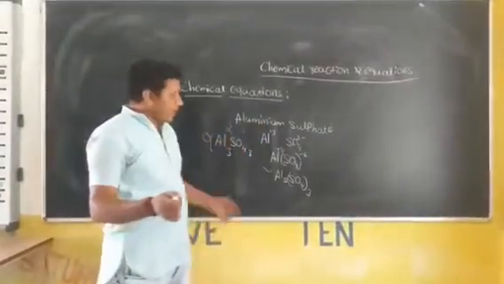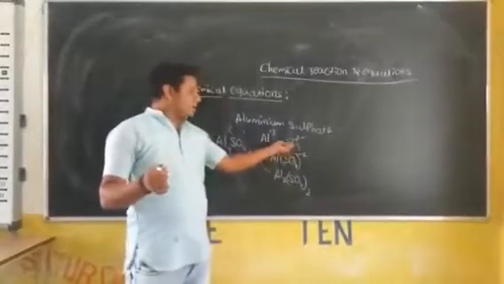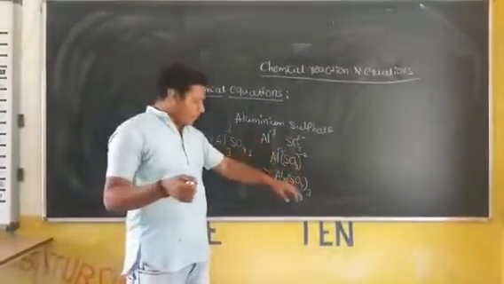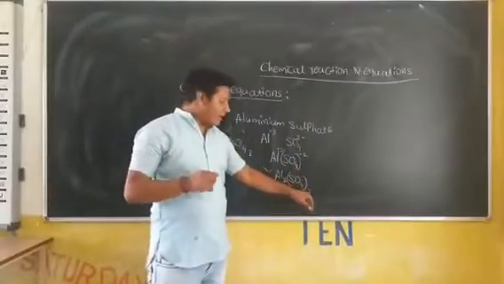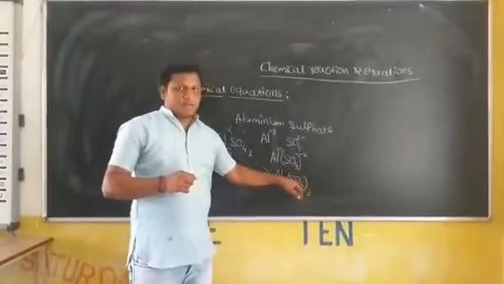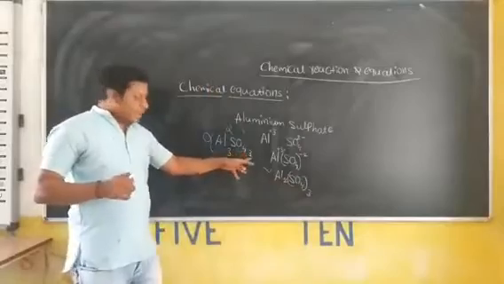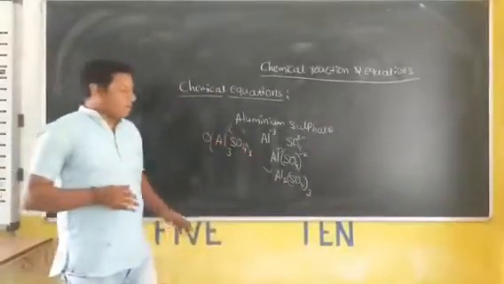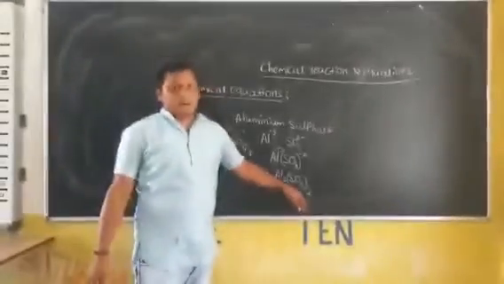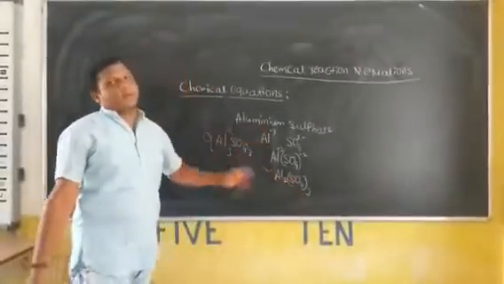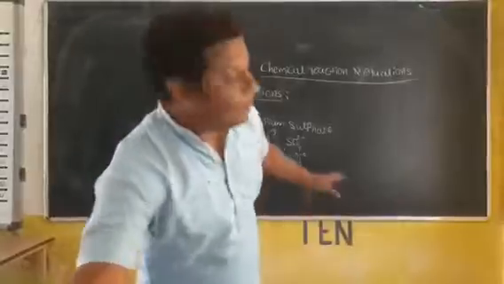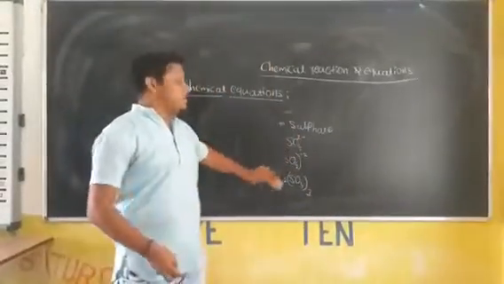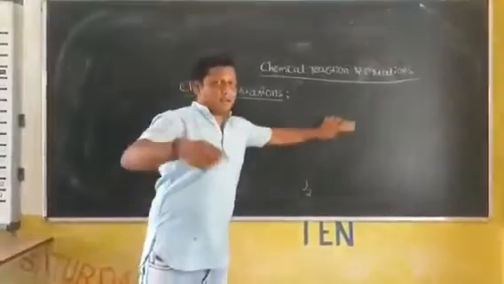Hence, while writing such formulas, you should take a bracket for SO4 because this 3 is valid for both oxygen and sulfur. When you write it without the bracket, the 3 indicates only the oxygen, but that is wrong. Hence you should write the bracket for such formulas. I will send all the homework, meaning the correct answers, in your group. After that you will check.